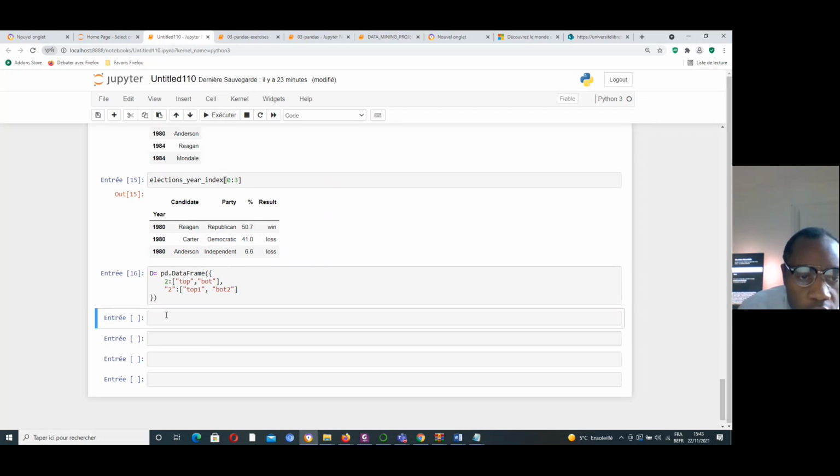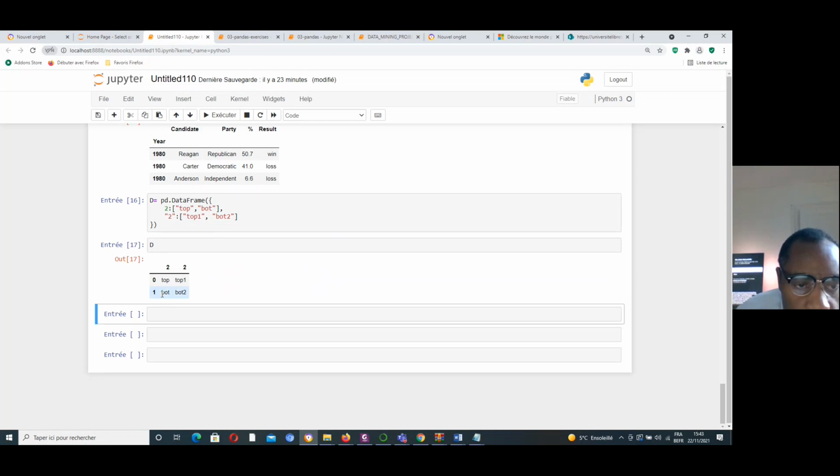I also will run. If I print D, I will get something like that. Yes, the new name of the column. You know, we have 2 columns and 2 lines. You can get it like that.